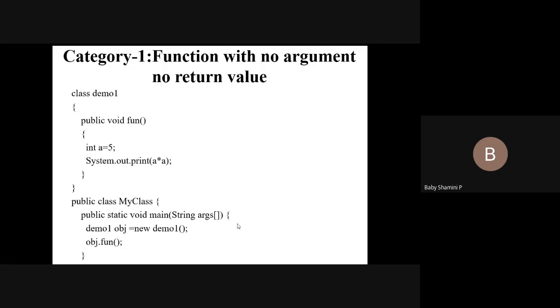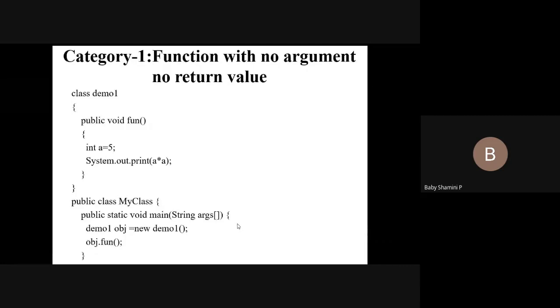So I'm going to access the value. I'm going to perform an operation on class Demo1. For that, I'm going to create an object: obj equal to new Demo1. Next, using that object, I'm going to access the class: obj dot function. This is the function call statement. Once the controller reaches this function call statement, again it moves to the function definition. The function definition is present in the class Demo1. For that, we are creating an object obj.